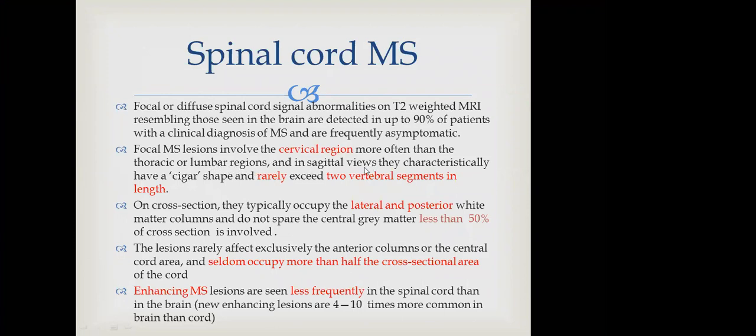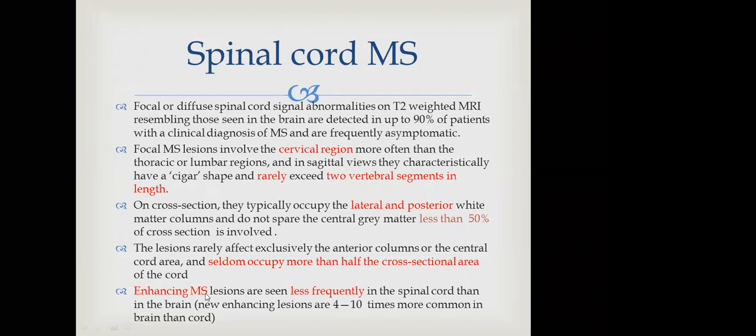In the sagittal view, they classically show a cigar shape, rarely exceeding two vertebral segments in length. In cross section, it is located in the lateral or posterolateral part of the cord with white matter column involvement, not sparing the central gray matter. Less than 50% of the cross section is involved. The lesion rarely affects exclusively the anterior column or the central cord, and seldom occupies more than half of the sectional